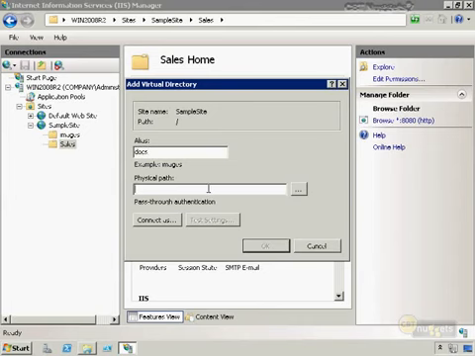And then I can give it a physical path. This can either be a path to the local computer, or it can be a path to a UNC. Keep in mind that if it's going to be a path to a UNC and there's not really good network connectivity, then I'm going to be slowing things down because the web server is going to have to retrieve this file. Now I need to tell it, since this is a UNC, I need to decide how the authentication is